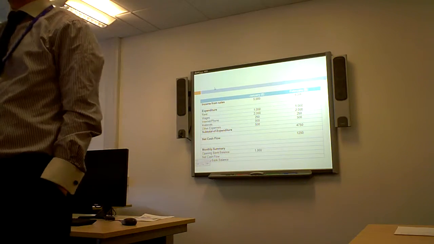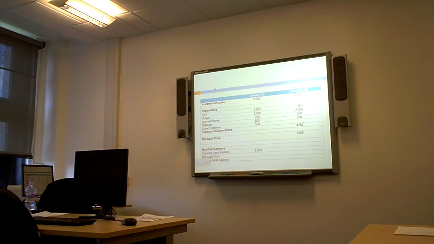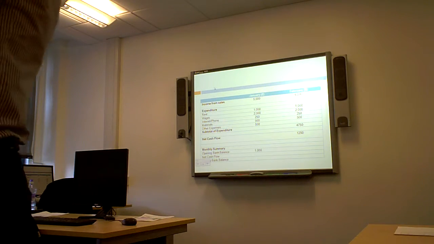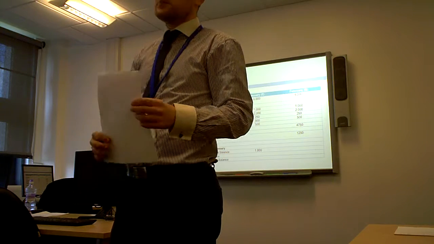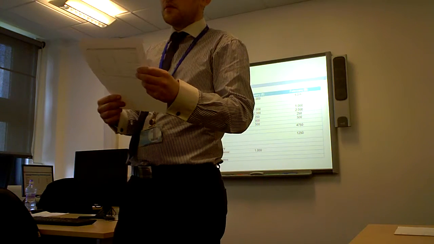How do you find net cash flow? Is it fixed cost minus variable cost? Which one are we talking about? Net cash flow. Fixed costs and variable costs can be out of your mind for now. What definition did you write down for net cash flow? Money entering the business.